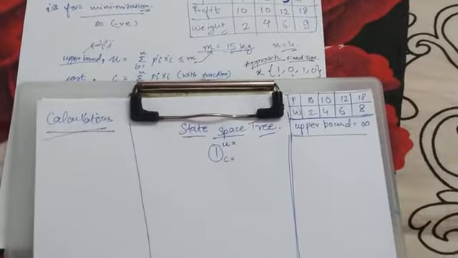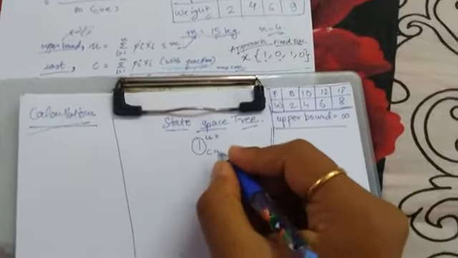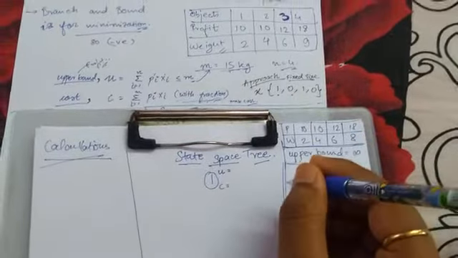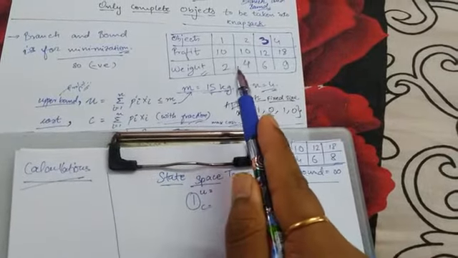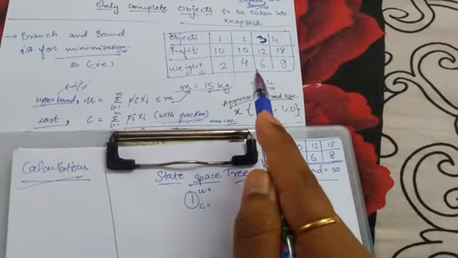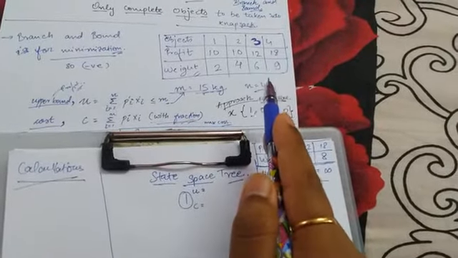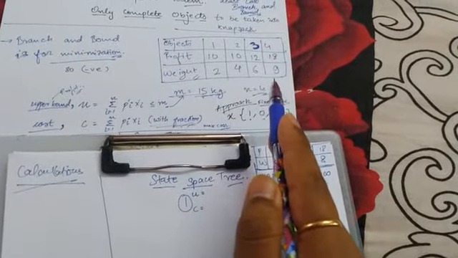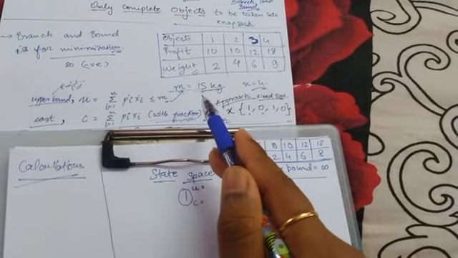Let us now see the state space tree which we will make now. For the first node, we put the maximum number of objects we can in the knapsack from the starting: object 1, which has a weight of 2 kilo, then object 2, which has a weight of 4 kilo, then object 3, which has a weight of 6 kilo. Then we can include object 4, but we cannot put the whole object there, so we'll use the cost with fraction and we'll get the upper bound also.